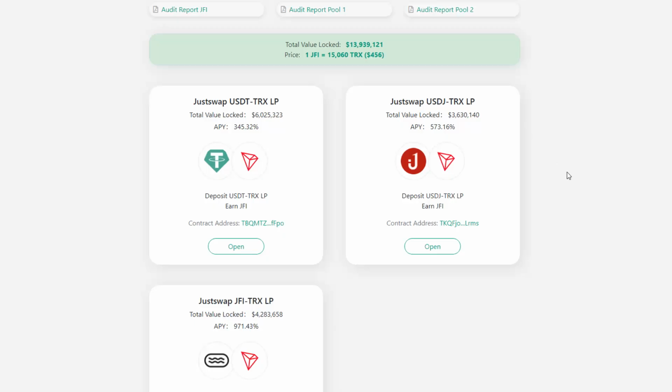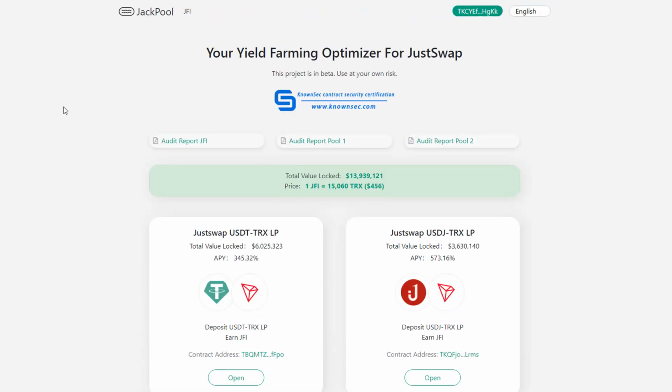Okay, so I like this one. This Jackpool, this has just got listed on OKX, Gate, MXC, Polo. I think there's Bitbox. It's been listed on 5, 6, 7 different exchanges. It's getting a lot of volume, and I'm really liking this one because this is your Tron based ones, okay?